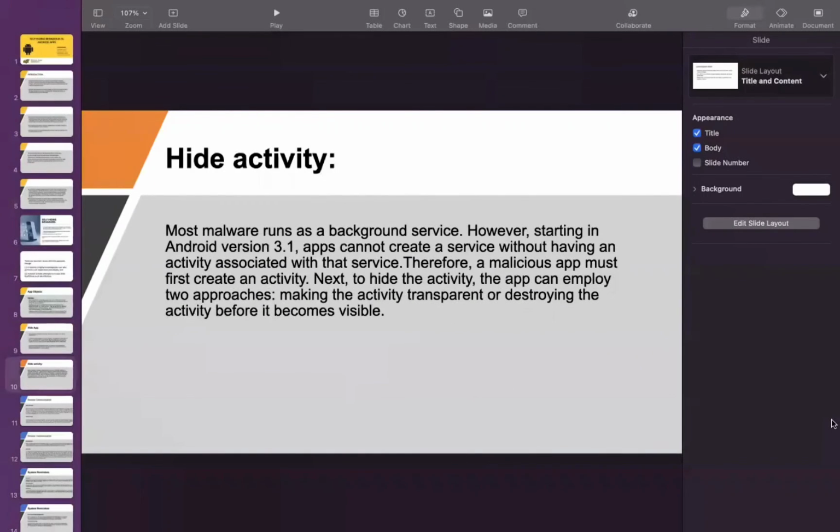And coming to the final one in the app objects, we have hide activity. Most malware runs as a background service. However, starting in Android version 3.1, apps cannot create a service without having an activity associated with that service. Therefore, a malicious app must first create an activity. Next, to hide the activity, the app can employ two main approaches: making the activity transparent or destroying the activity